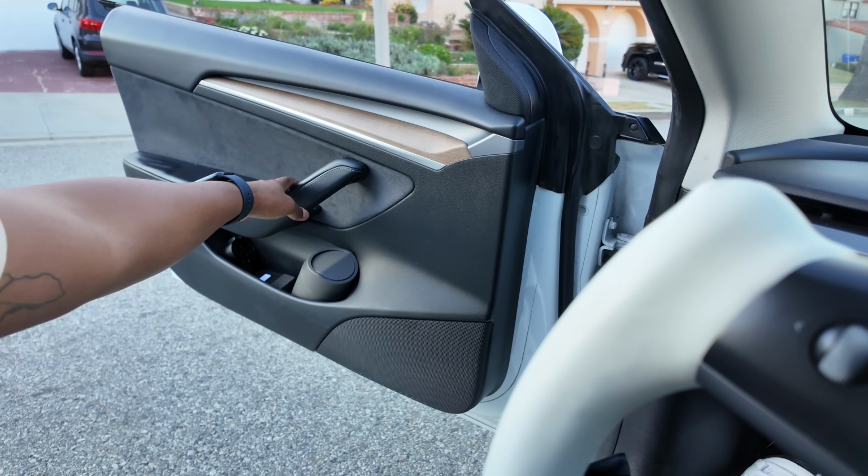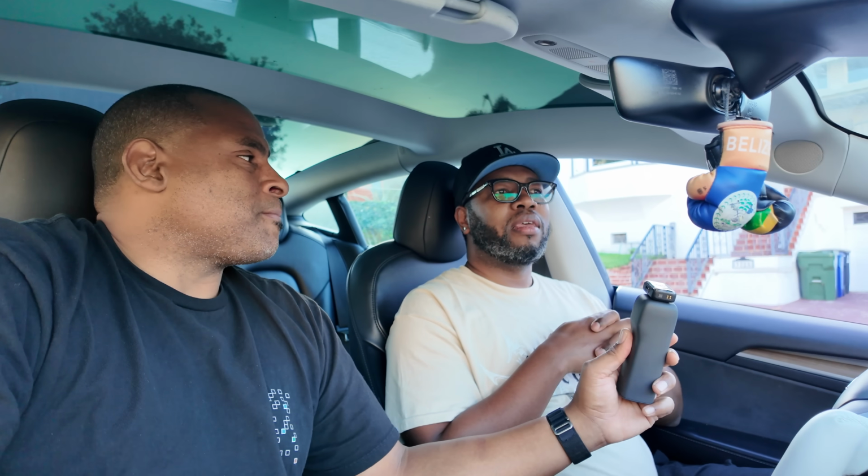It does this crazy thing here. Here's the big question. Would you recommend somebody buying a Tesla from Hertz? I would say